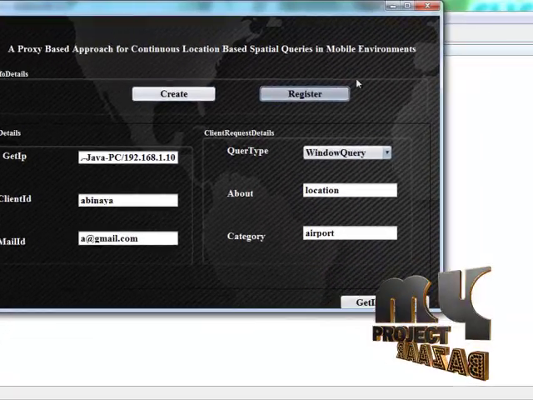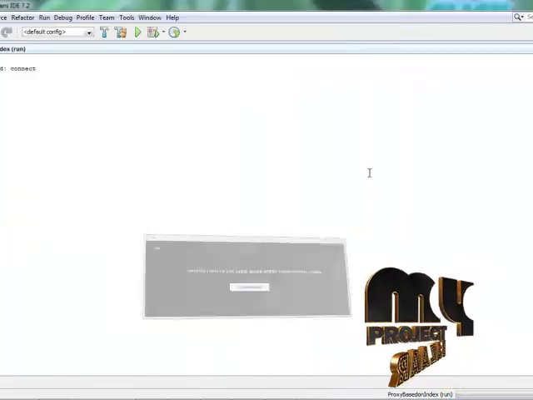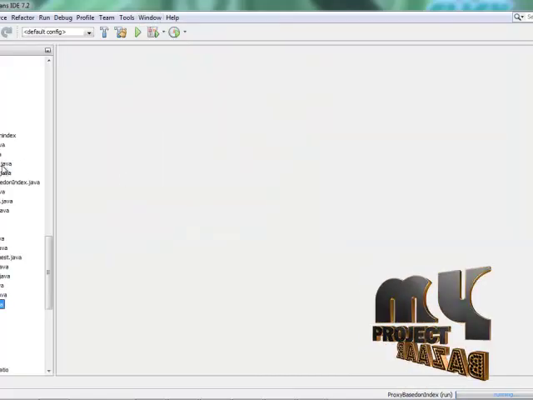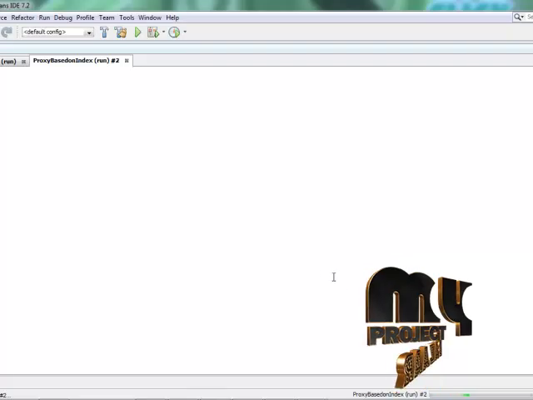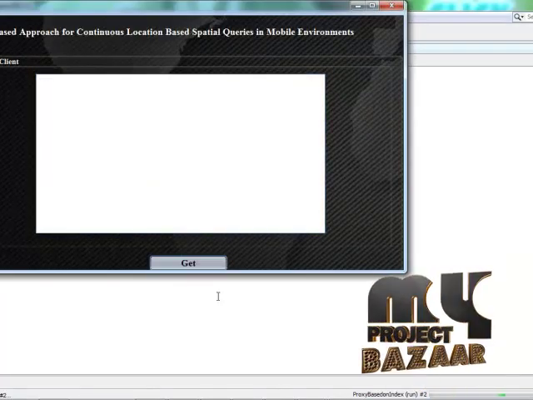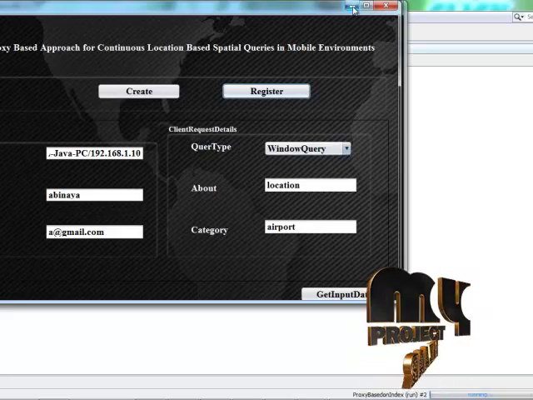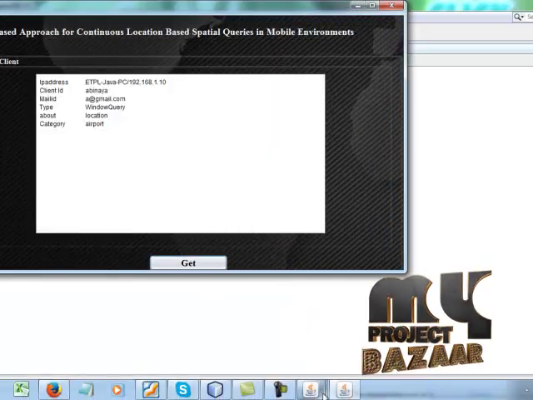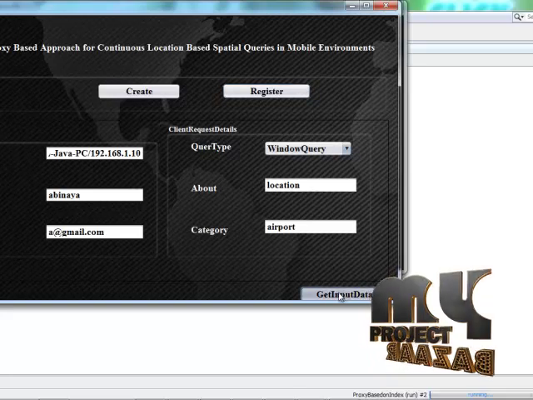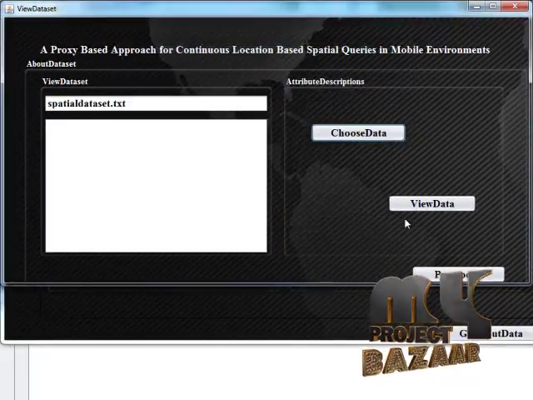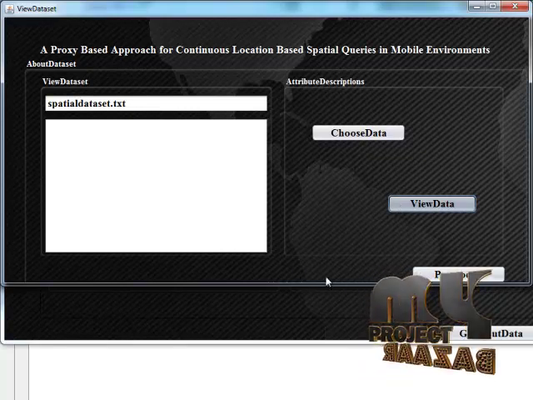Before clicking that, go to projects and the gateway.java file, get information, then click register. Find details are received, then get input data, choose data, spatial data set, and view data.